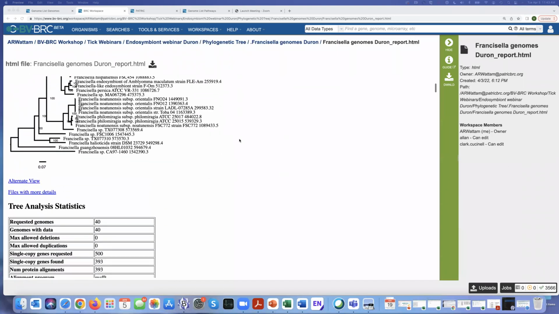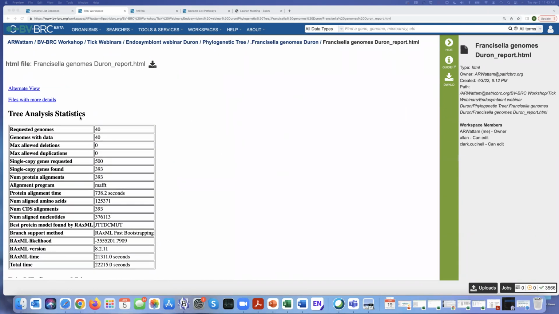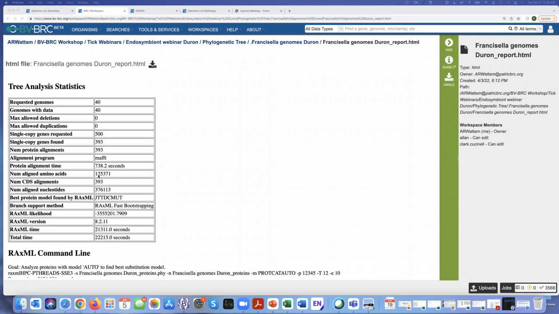But I want to show you more things about this. If you go down to the tree analysis statistics, it says you looked for 500 genes. Uh-oh, we were only able to find 393. But of that, it included 125,000 aligned amino acids and 376,000 aligned nucleotides. Those are statistics you can put directly into your publication, and that will quiet any reviewer, especially,